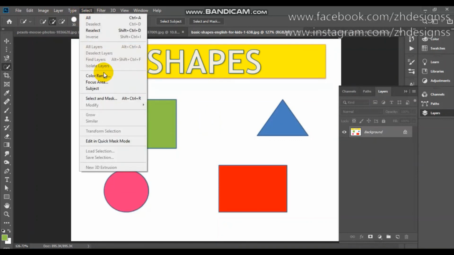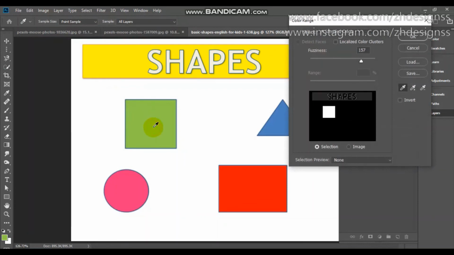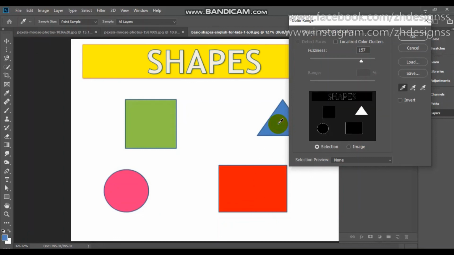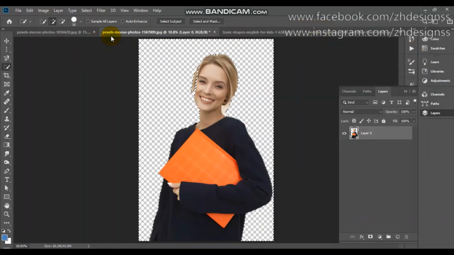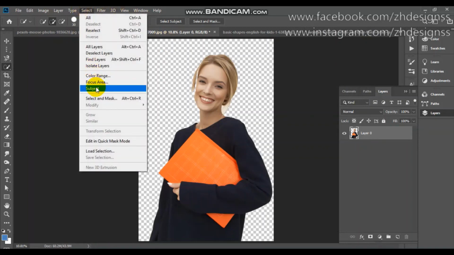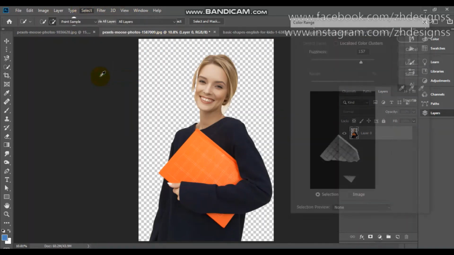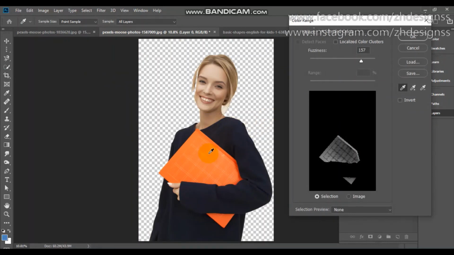Now go for Color Range. You can click on any color. Here you can see your selection which is looking white. If you want to select red, if you want to select blue, you can choose them. So let's choose it here. Like we want to choose this orange book, simply go for Select and go for Color Range. So I am sampling this color. Here you can see it has selected the book,